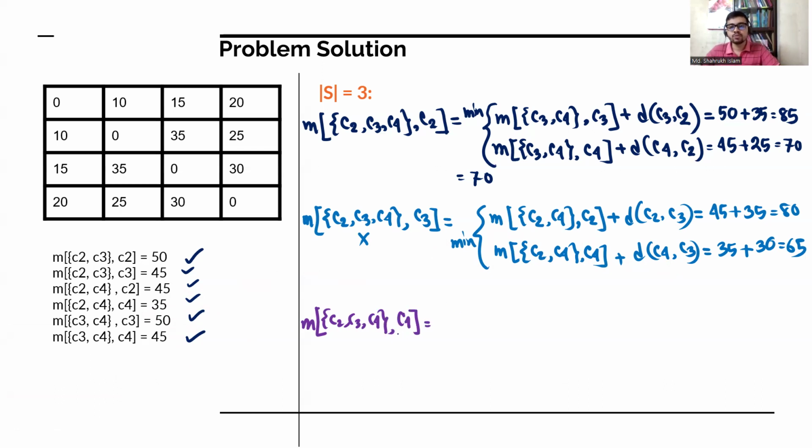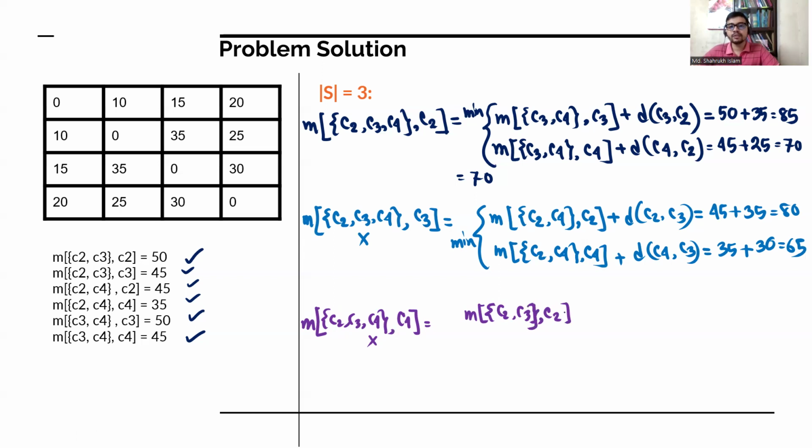And as we are ending our journey at city 4, remove it from here. We will have the smaller subproblem of city 2 and city 3. Then we have city 2 and city 3, and we can solve it in two ways. Either we can end our journey at city 2,